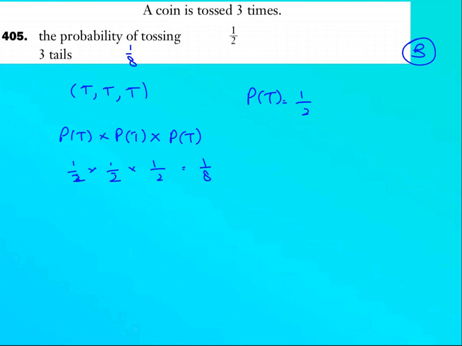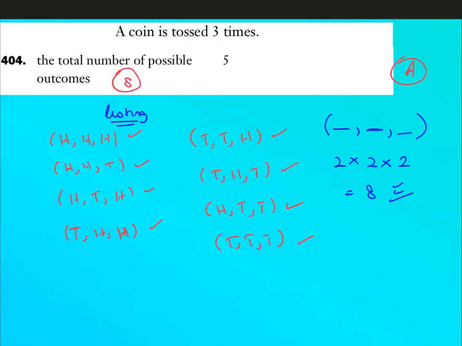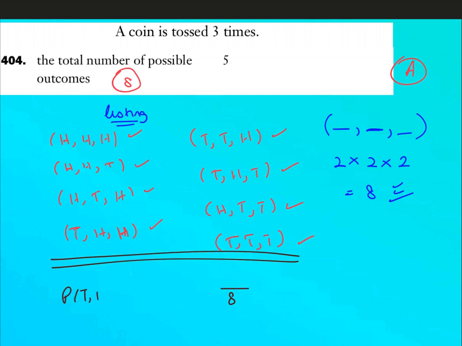Now to compute this probability, there is one more method, which is from the listing approach. Now in the previous question, we listed all the possible outcomes, which are these. Now there are total 8 possible outcomes. Out of these 8, what I want is the probability of tail, tail, tail. So if I look at these 8 outcomes, there's only one possibility of tail, tail, tail. That's a probability of 1 by 8. So you can use either of the approaches to find the probability, but the answer remains the same. 1 upon 8 is less than half,